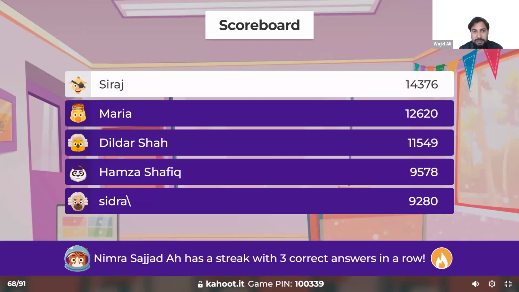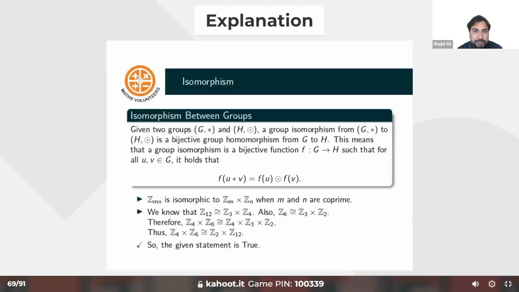I think all of the podium members got it correct. Yeah, sure. Right. So here there is a theorem that you can decompose groups of the form Z_n. For example, Z12 you can write down. So you find a prime decomposition of the integer 12, so 3 times 4, and then you have an isomorphism of Z12 to Z3 cross Z4.